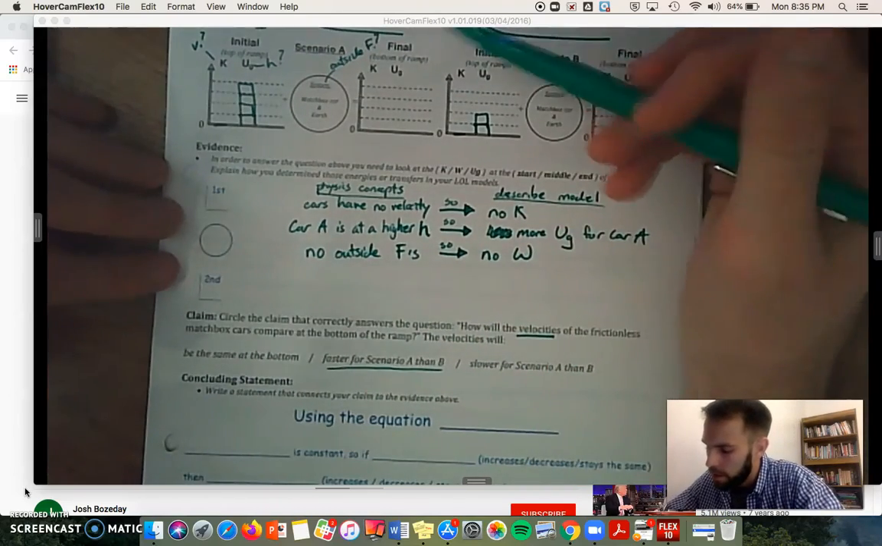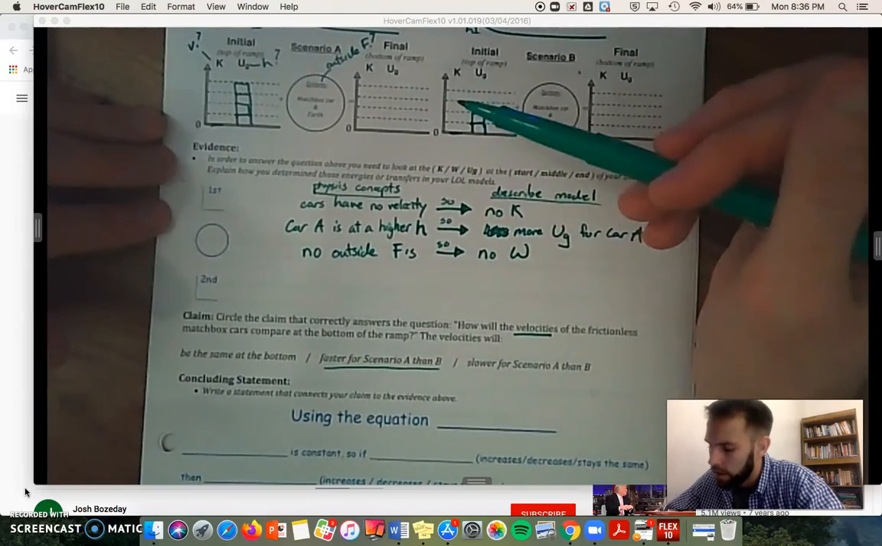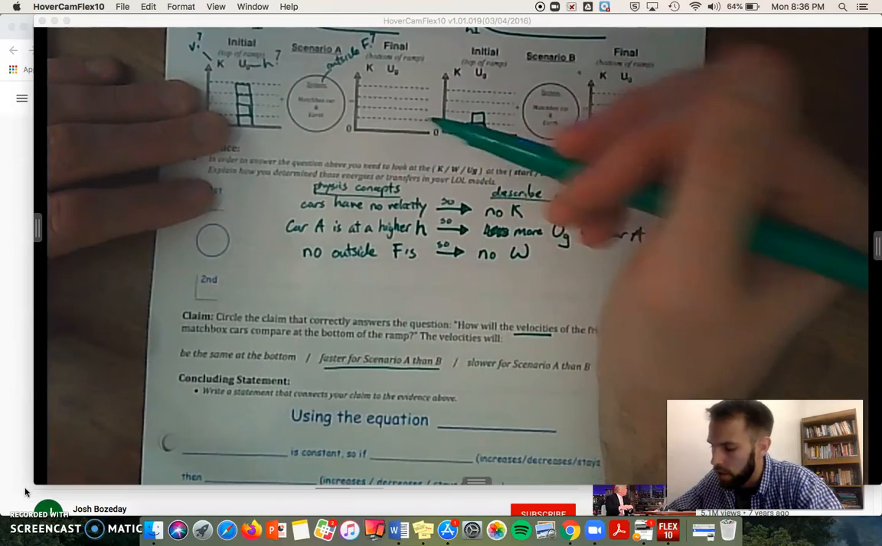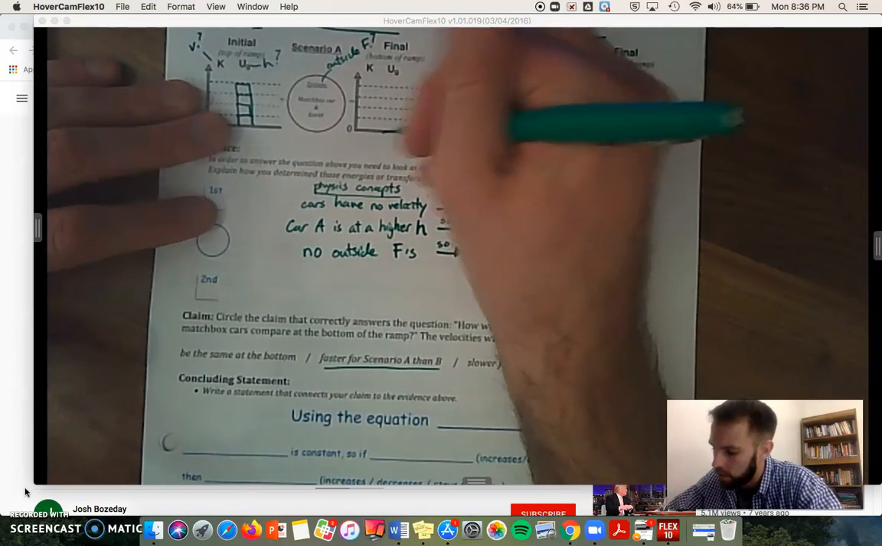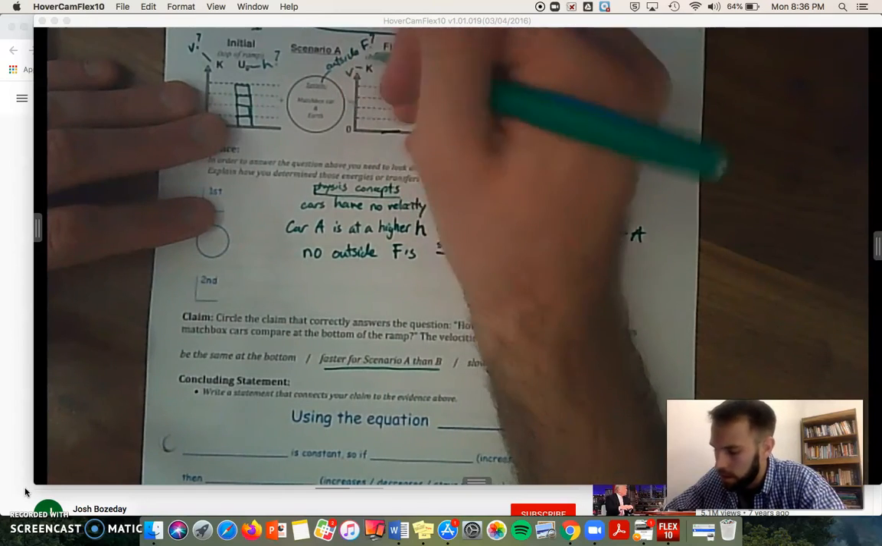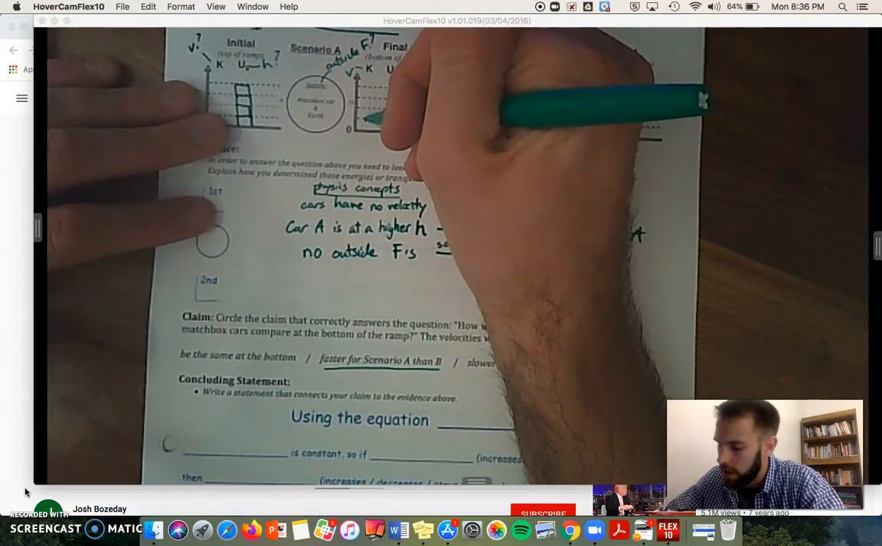And then now I'm going to work on my last LOL, where I have UG. Nothing goes in or out, so it's at the bottom of the hill. Is there height? No. Is there velocity? Yes. And we know that there would also have to be energy in K because